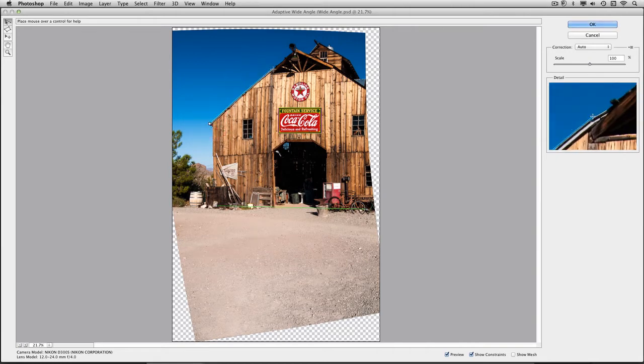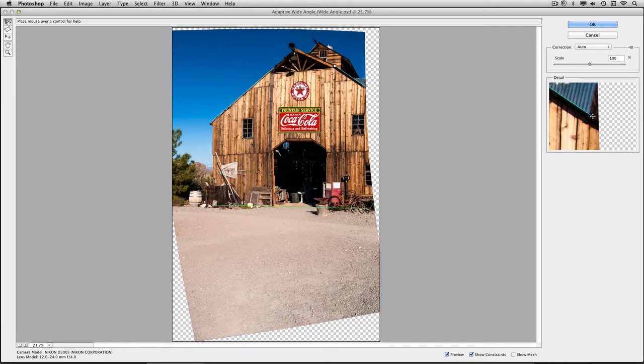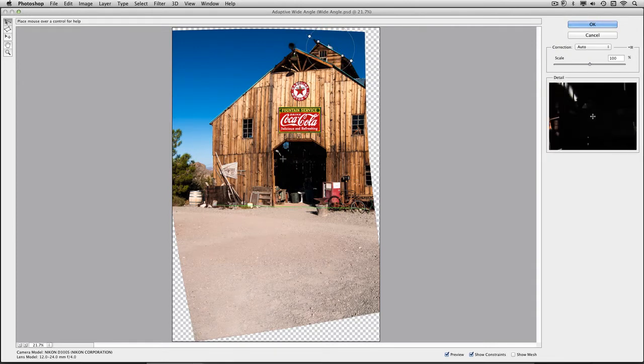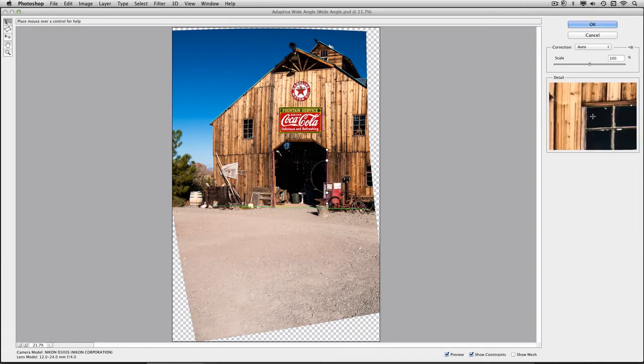I'll finish out the roof here, and that removes some of the distortion caused by the wide-angle lens. There we go. And those are all looking pretty good. Let's just take advantage here for the doorway. A shift-click will force that line to be perpendicular, and you see we've done a great job on that